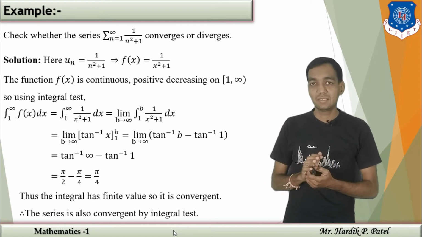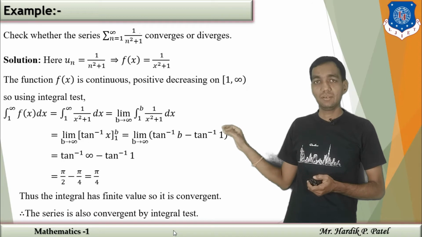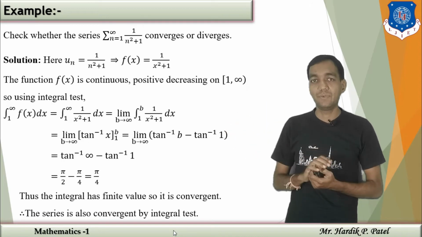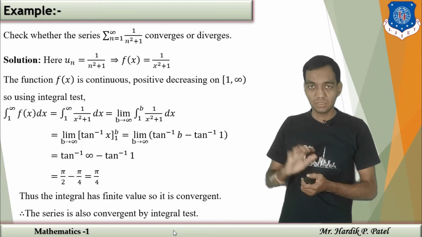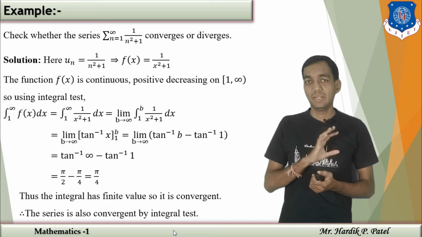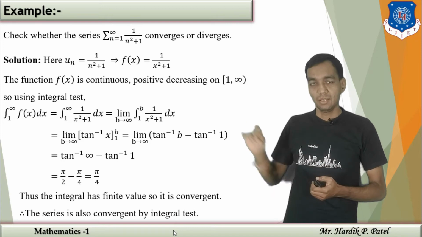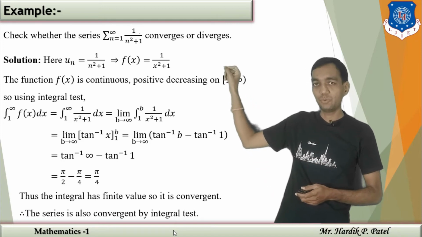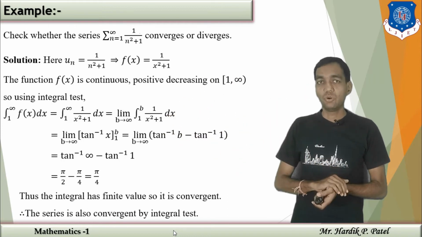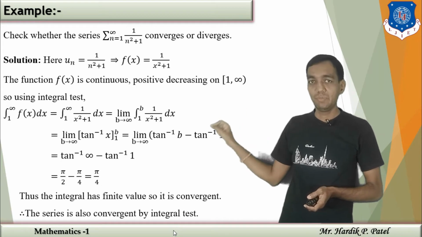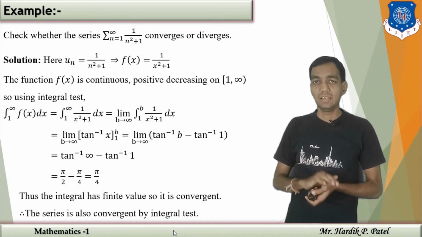So applying the integral test, that will be from 1 to infinity fx dx. So put the limits, and instead of an infinite limit, we are going to replace infinity by some constant because it is a property of improper integrals that we are going to discuss in the chapter on improper integrals. So instead of infinity we are going to put some b and we are applying the limit b tends to infinity. So your integration is now of the form limit b tends to infinity integration from 1 to b of 1 upon x square plus 1 dx.